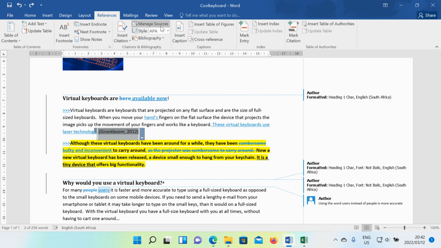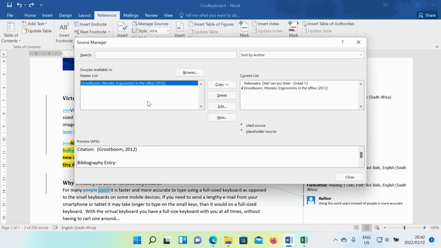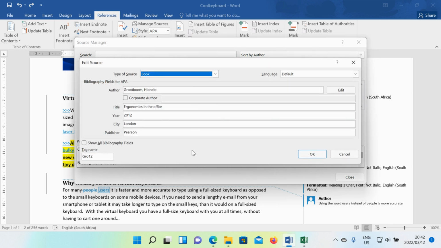Okay. Then you can also go to manage sources. Let's say there is one that's already there. Then you can go and click on it and say you want to edit it. And then you can actually go into it and edit and say, okay, sometimes they do this. They say there was a mistake and they've put, let's say,